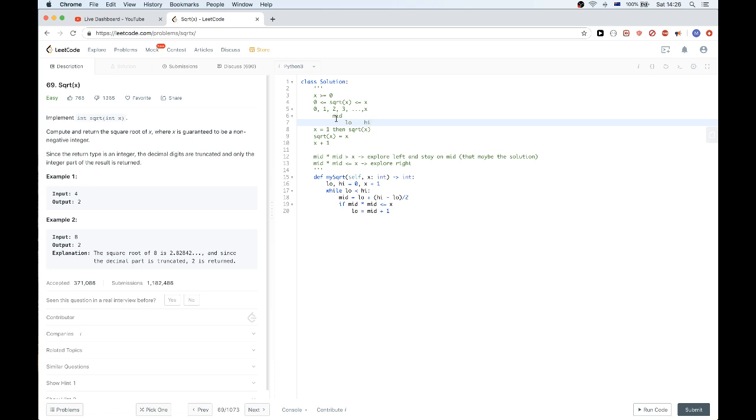That means we will explore the right portion, which is what we want to do. Otherwise, we need to explore the left side. To do that, we need to do the reverse. We need to move high to the middle so that we can explore this. And at the end, we can just return